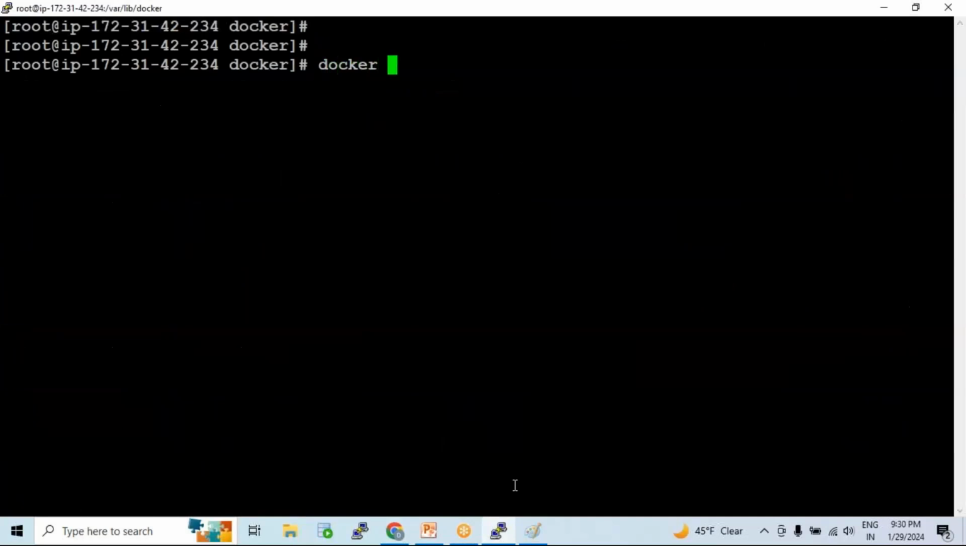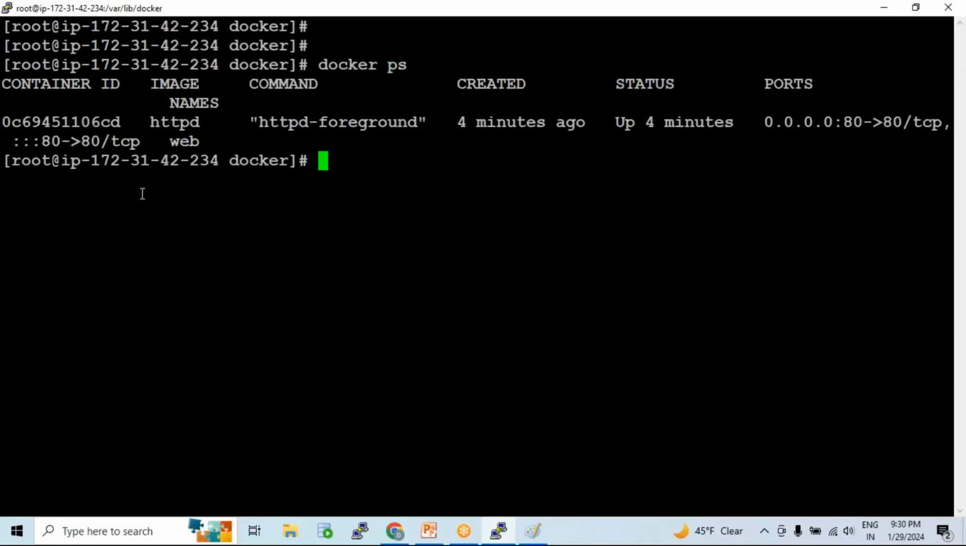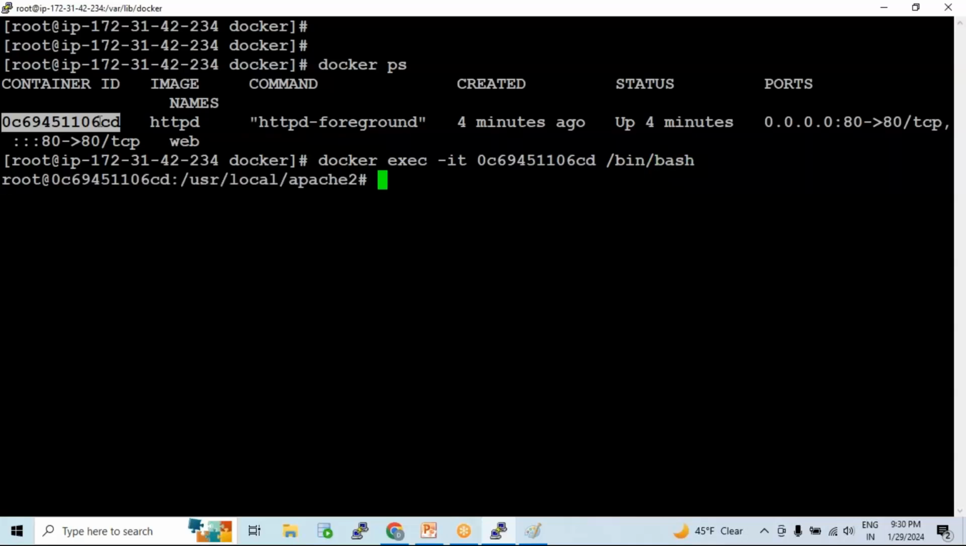I'll show you that just for getting the confidence. This is the container which is actually serving the website at this time. If I go inside the container by running docker exec, executing a command in interactive mode on this container, and execute the bash shell so that I can get into the shell of this container,